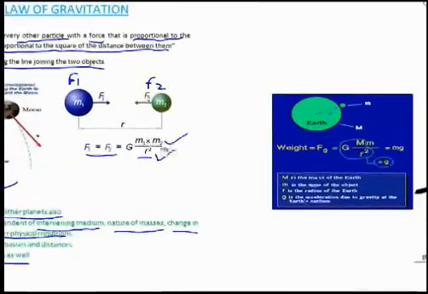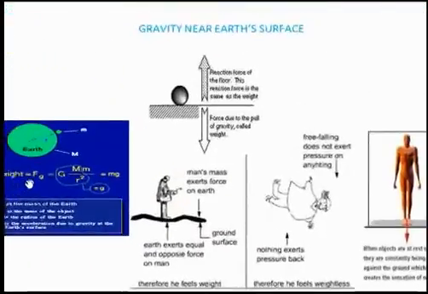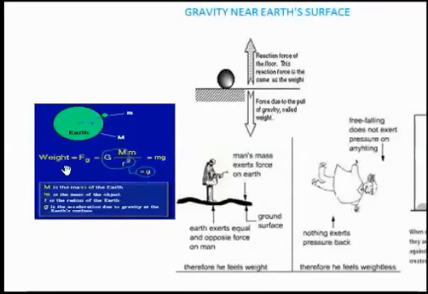Now we will try to understand the concept of gravity near the Earth's surface. For this we have to understand the concept of weight. What is weight then? For example, when a man stands on the surface of the earth, the man's mass exerts a force on the earth. Now, as per Newton's third law, the earth also exerts an equal and opposite force on the man, and we also know that the earth's force always tries to pull the object towards its center, and therefore